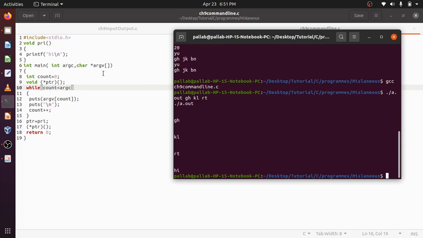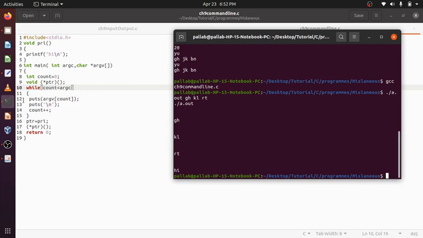Okay, and argv is an array of pointers to characters. Array of pointers to character. A.out is the first string it will keep. Argv0 will be a.out, argv1 will be gh, argv2 will be kl, argv3 will be rt.